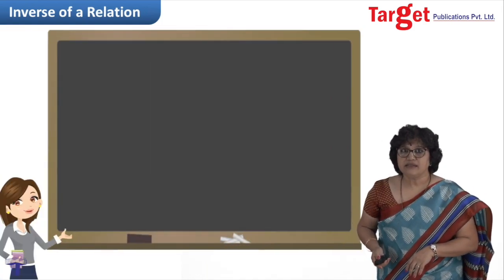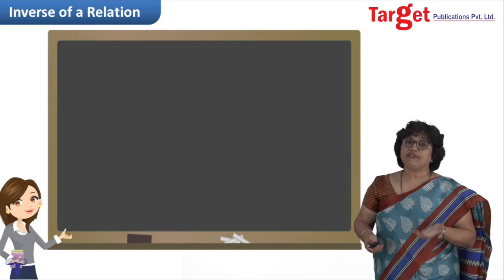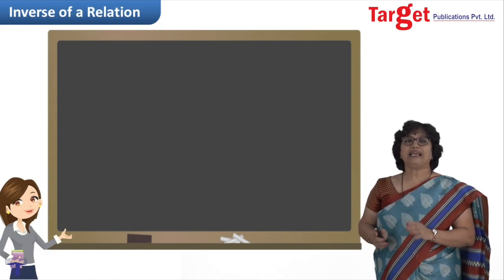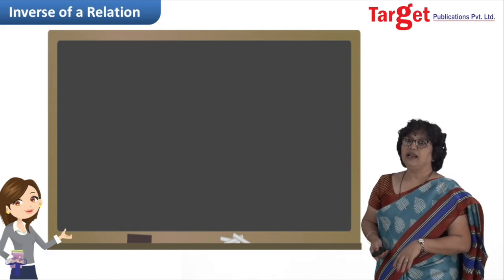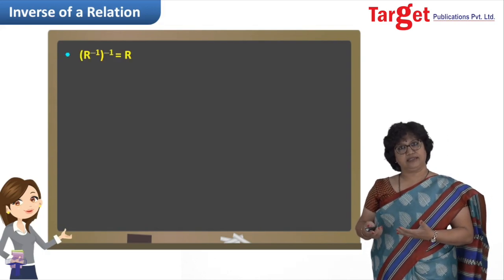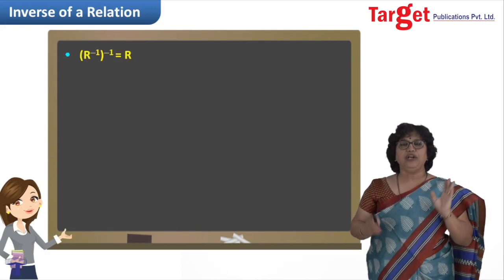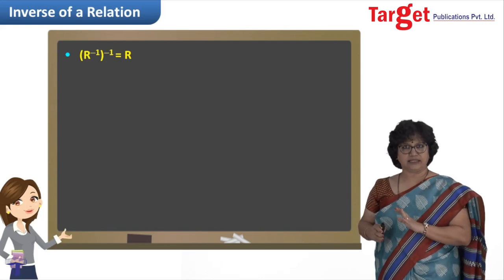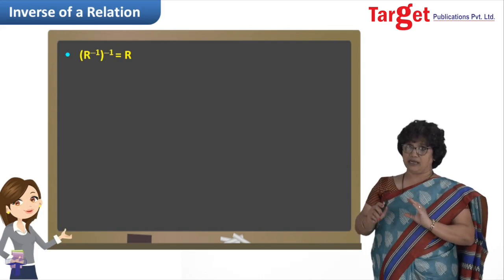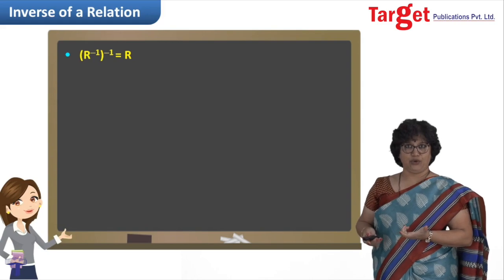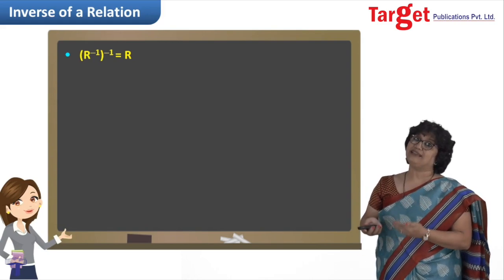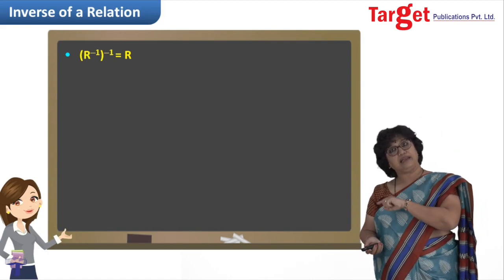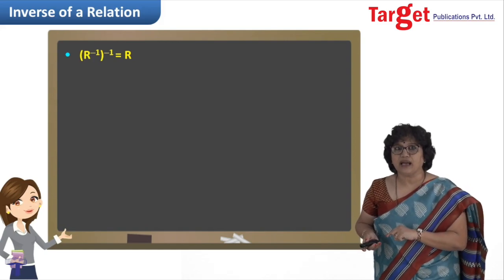We take some properties. Some of them may be very trivial to you, but let us make a note once. Like R inverse is R. And I'm sure intuitively all of you were expecting this. The reason is that whatever relation R is given to you, you will write all those ordered pairs in the reverse order. And if you write them again in the reverse order, are we not expecting to get back to where we started?